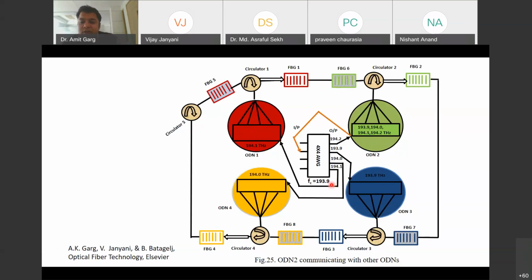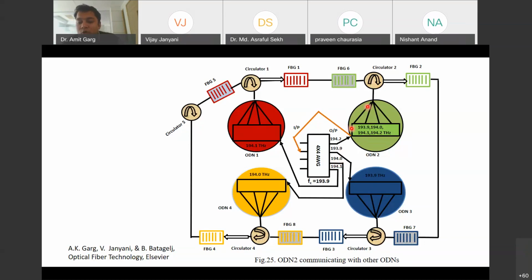And now this is the case with the other ODN. So it's at 193.9, 194.0, 194.1, and 194.2. Now this is applied at the second input port. So now the wavelength distribution will be 193.9 at port 2, 194.0 at port 3, something like this.